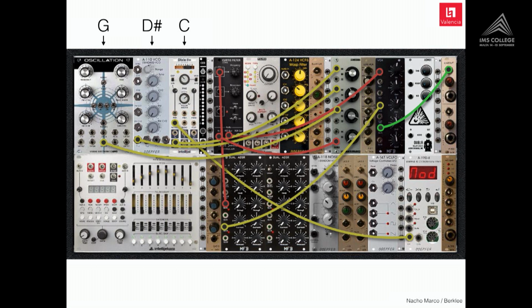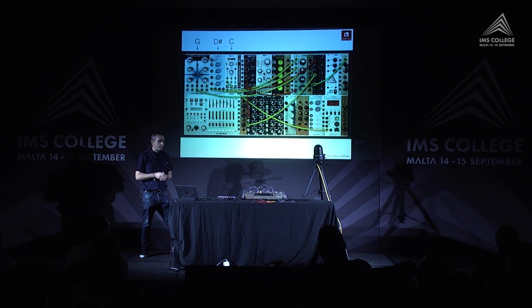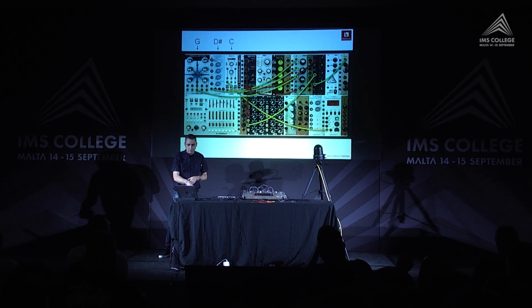I can only play one note at a time, okay, but I have 3 oscillators that I can combine on the mixer. So what I'm going to do is to tune them in a different way. As you can see, the sum of the 3 oscillators is going to give me a C minor chord.